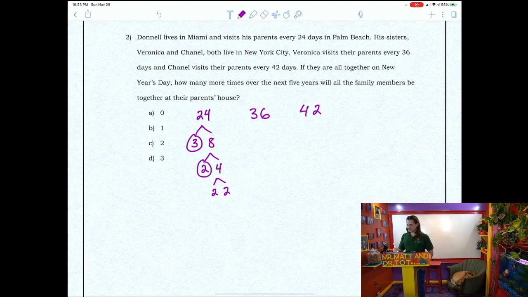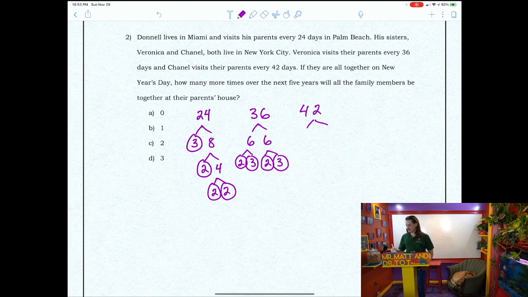36 breaks down into 6 times 6, each of which breaks down into 2 times 3, and both of those factors are prime. 42 breaks down into 6 times 7. 7 is prime, but 6 breaks down into 2 times 3. And so solving for the LCM, we're going to take each factor the most number of times it occurs in